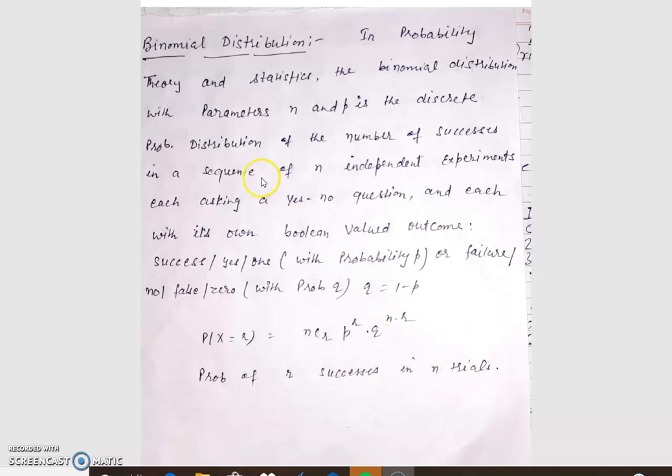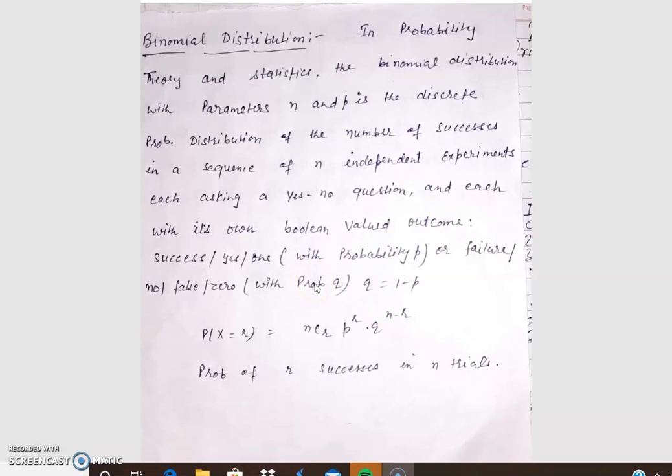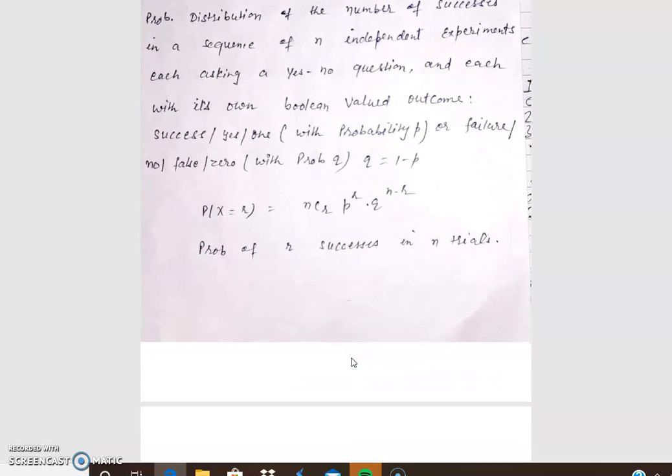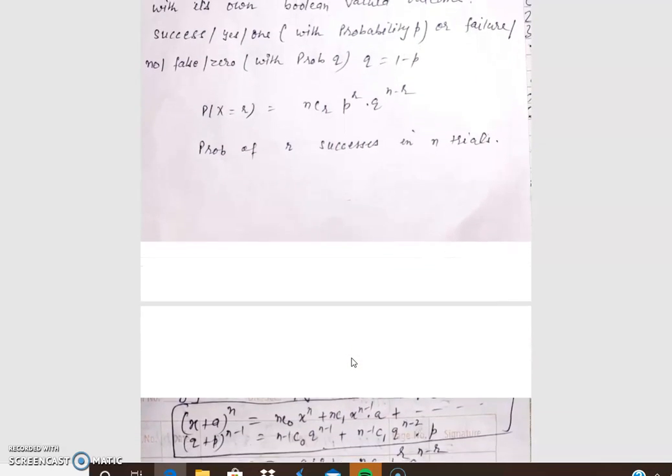Here we are taking two parameters, n and p, where n is the number of trials and p is the probability of success. It is the discrete probability distribution of the number of successes in a sequence of n independent experiments, and q is the probability of failure. Already you know very well nCr p^r q^(n-r) is the formula of